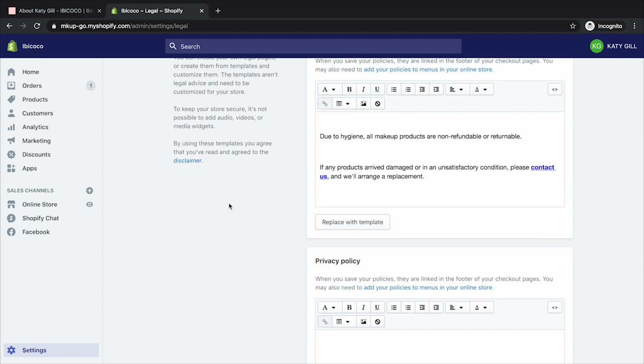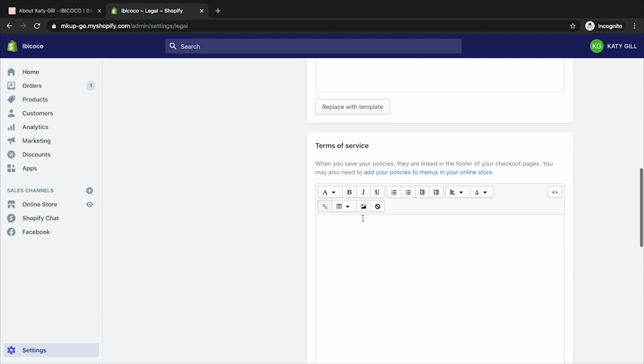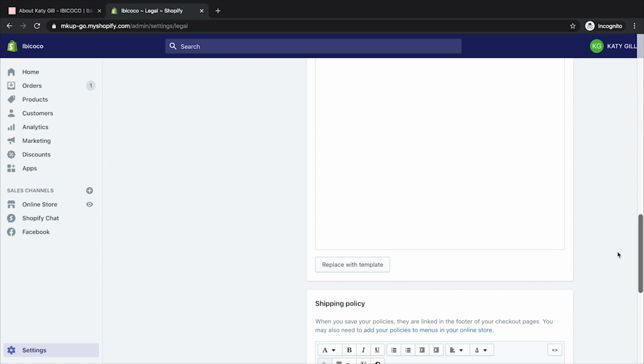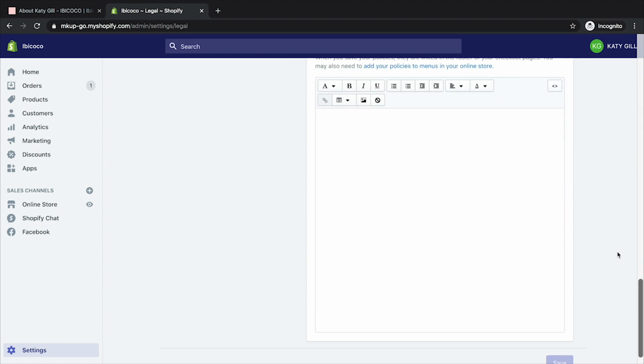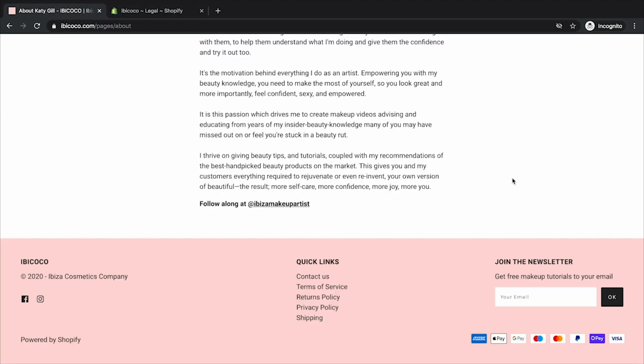Also, what's handy to know is you can actually click on replace with template, and what that does is Shopify will give you a templated document that you need based on your email address and your store name. So it will generate the legal documents that you need on the fly. Always do check that they are correct for your business, but they're definitely of great use and will help you get started pretty quickly. So that's pretty much it now.